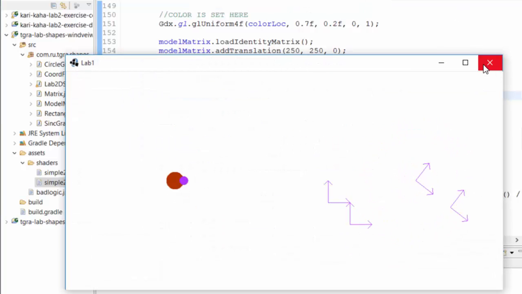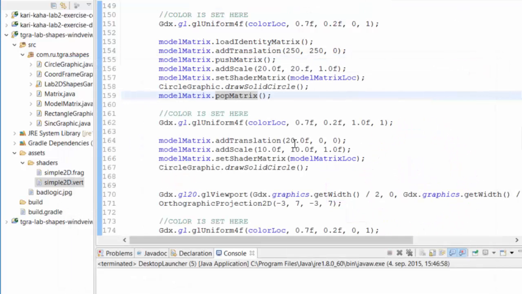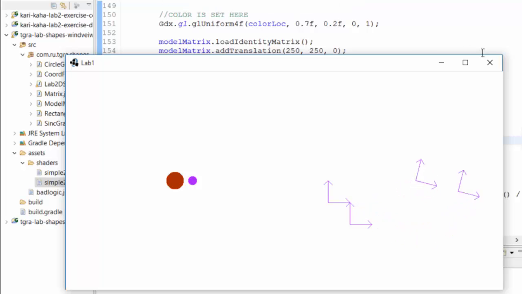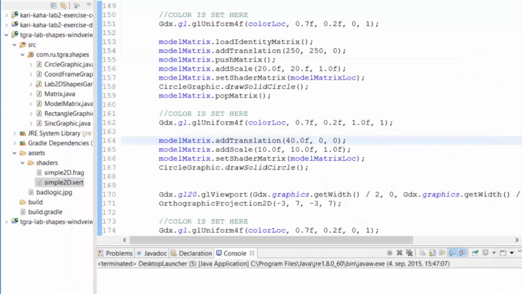Okay, so then it goes over there. So let's translate it a little bit further out, like 40, and then we can get to the idea that we're going to do. So now you're not scaling the coordinates, basically. No. And the main idea here is that, let's imagine we want to set up a solar system or something